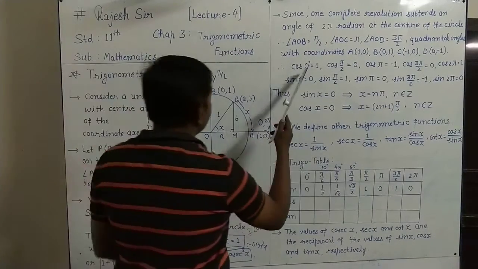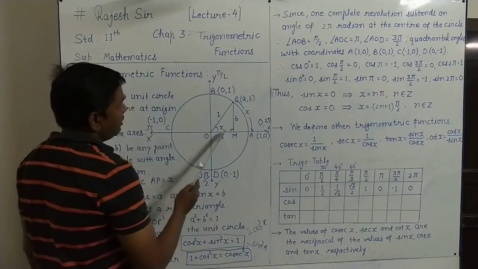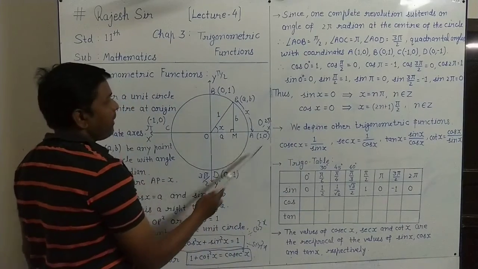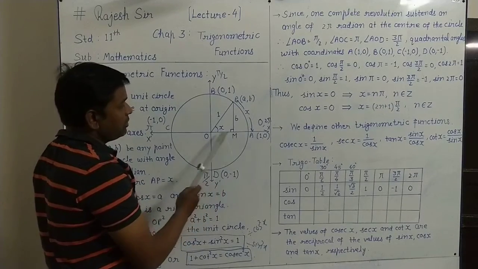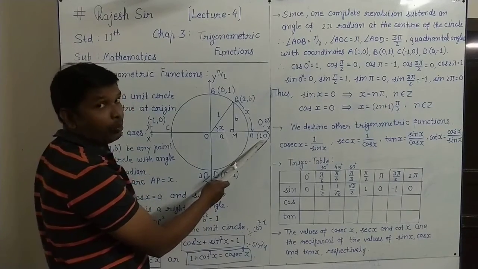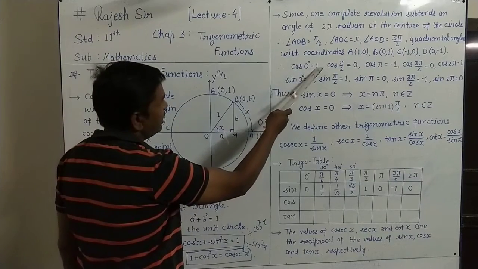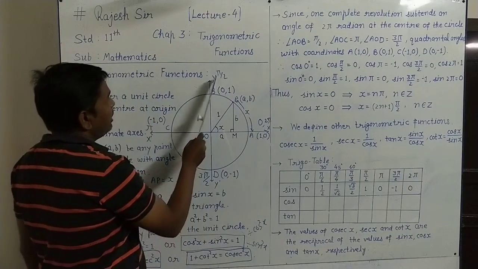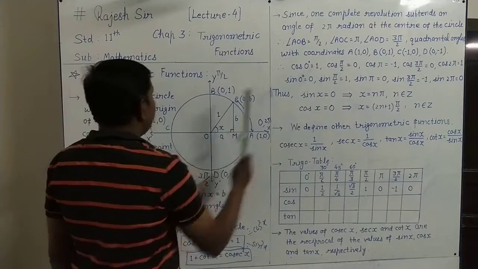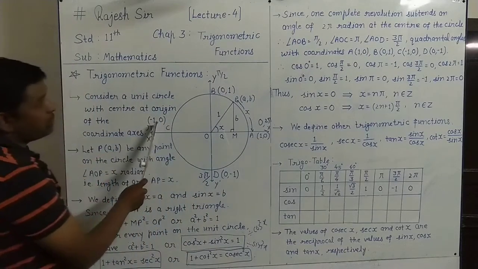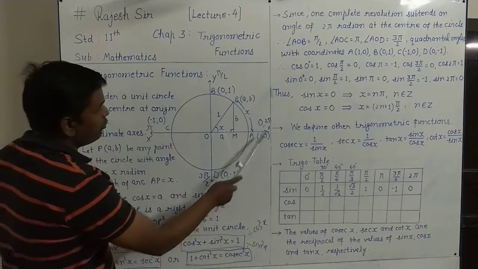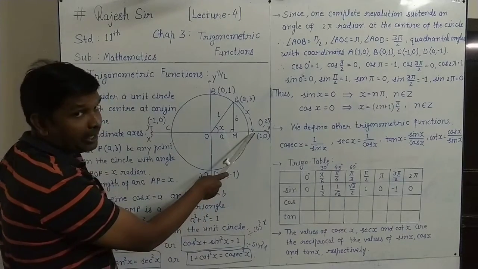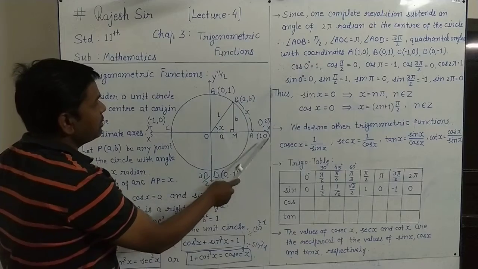Here we can write cos 0 degree angle. Cos 0 degree angle is on the x axis only, and this shows the x coordinate. So cos 0 degree will be 1. At cos pi by 2 it is 0. At cos pi it is -1. At cos 3 pi by 2 it is 0. And at cos 2 pi, again at the same spot, we get the initial point A, so it is 1.